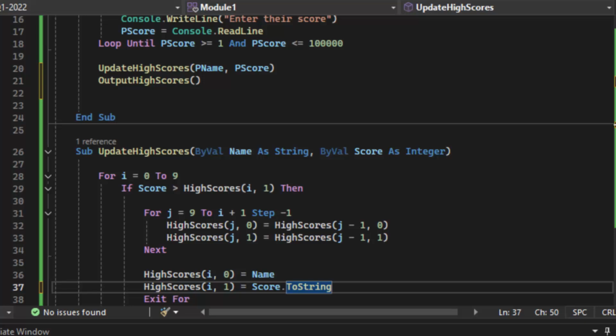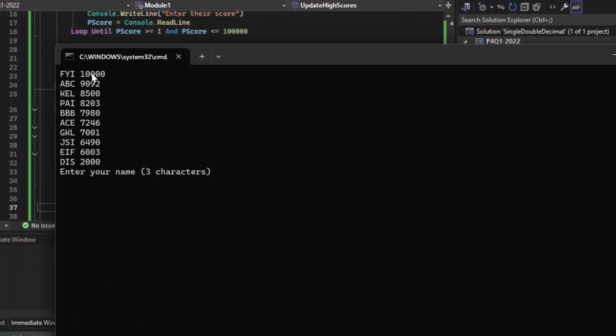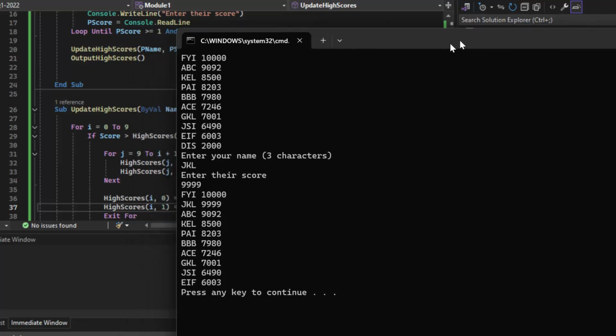So let's go ahead and save our code. And when we run it, everything should shift down. So here's the text file, JKL 9,999. And we can see everything shifted down. Again,